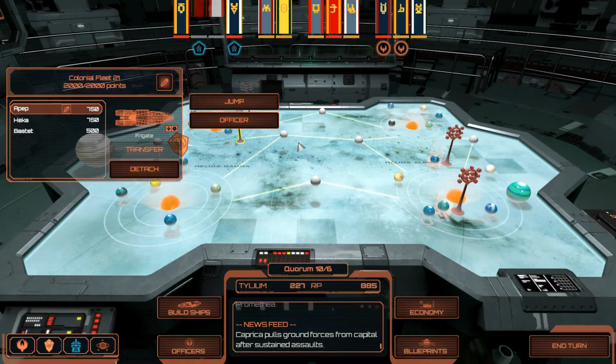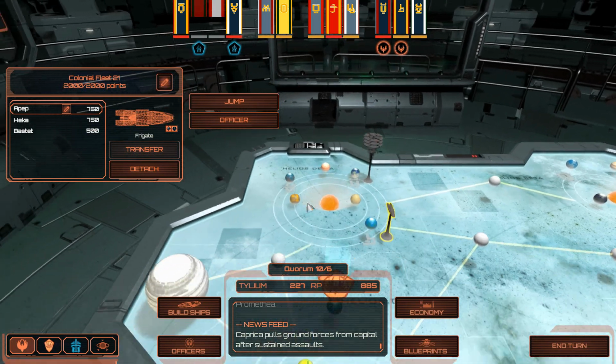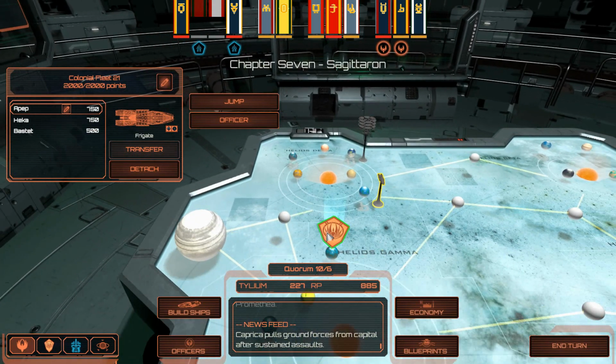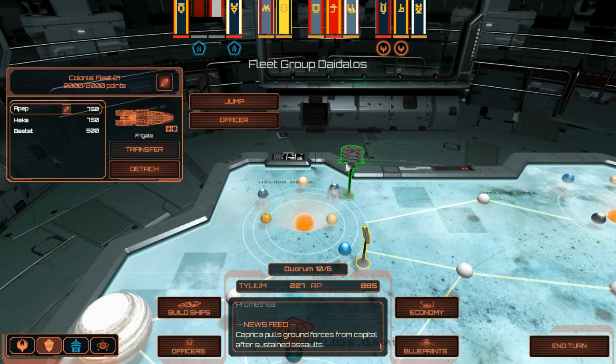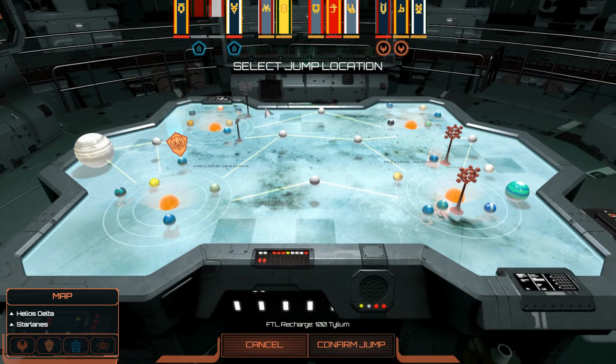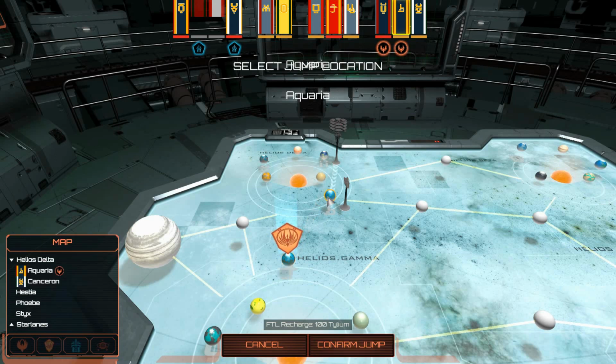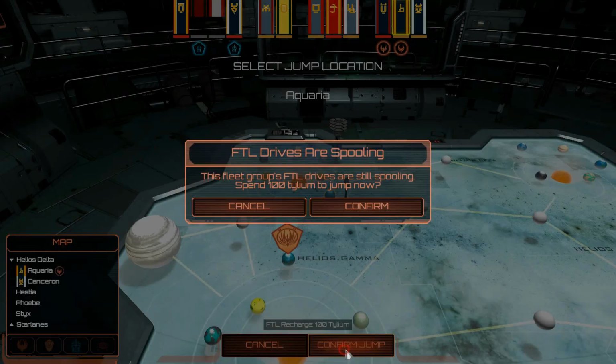So at this point, we have two fleets with officers. And really what we're trying to do is probably finish this next mission, Chapter 7 Sagittaron. Although I really wanted to get, honestly, that final officer for this group. That's quite alright. I'll go ahead and just wait. And I think the next jump location I'm going to go to is going to be probably... I don't know if I can go straight to Helios Gamma. I think I need to pick a planet that's a bit closer, so we're going to confirm the jump here,